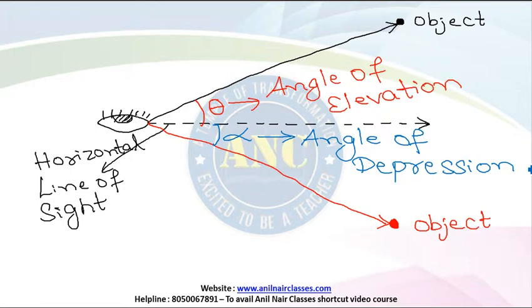One is the angle of elevation, which is the angle made with the line of sight when the object is upward of the horizontal line of sight. When the object is downward of the horizontal line of sight, the angle made is called the angle of depression. Simple way of remembering: upward from the horizontal is elevation, downward is depression. I hope this point is very clear for you. These are the only two types of angles that you will get in entire heights and distances. Now moving forward,